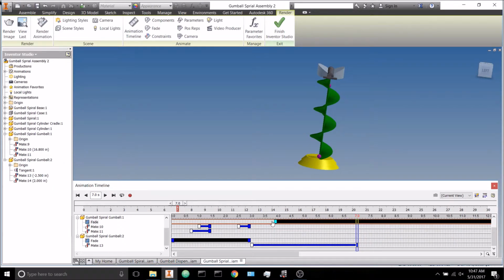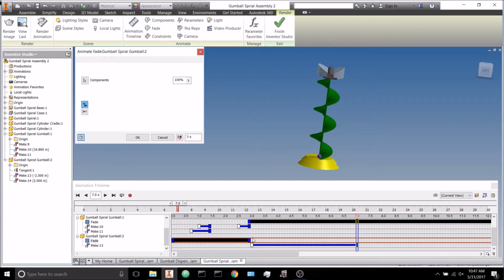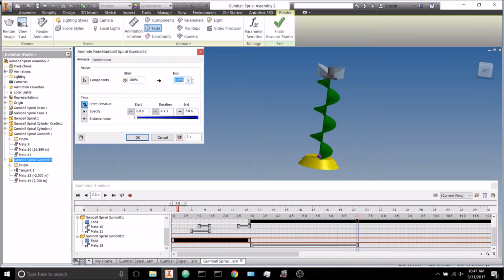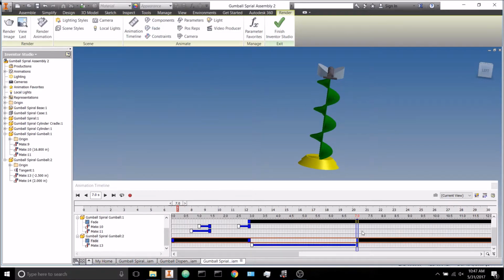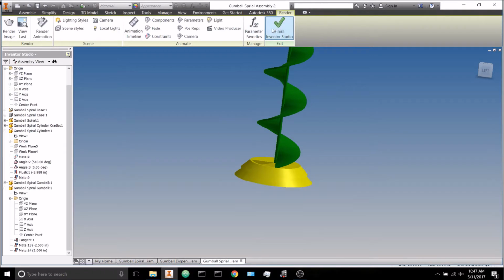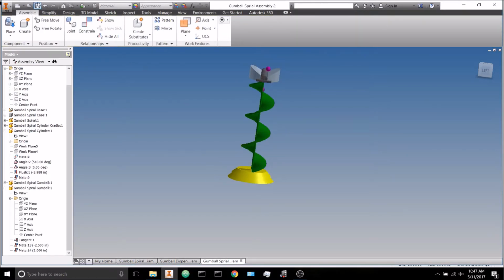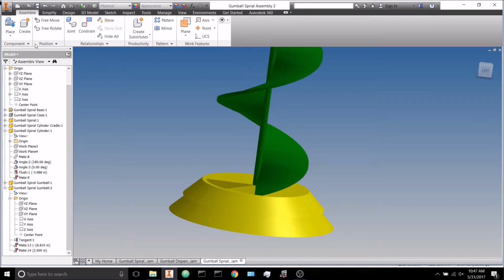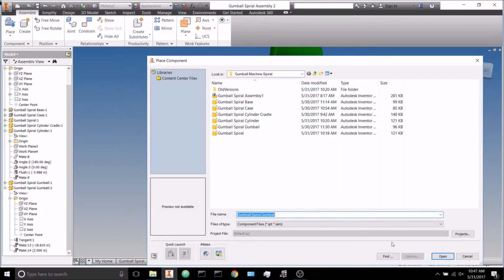And so let's go back to that. We need to animate this fade, and we're going to have it go from 100 back to 0 instantaneously, and that will happen right there when it gets to the end, which is where we will get another gumball and leave it there for us. So let's go ahead and finish Studio and save it, and let's place another gumball,